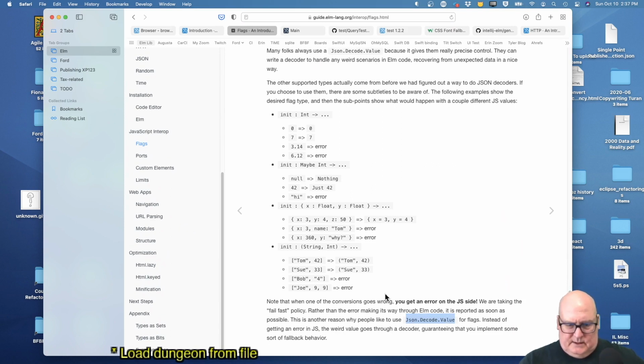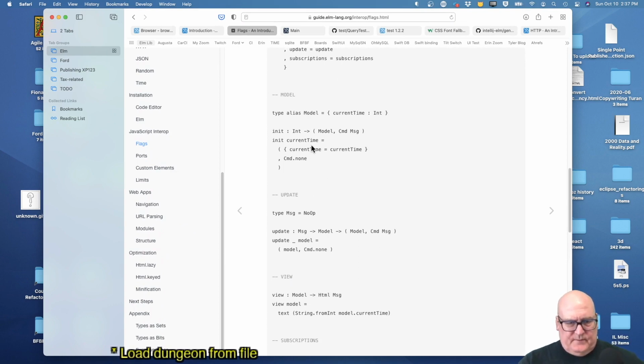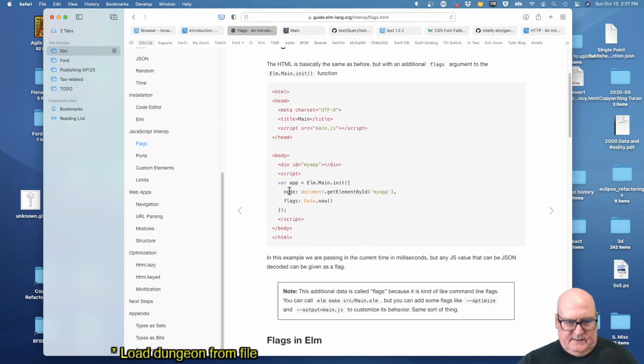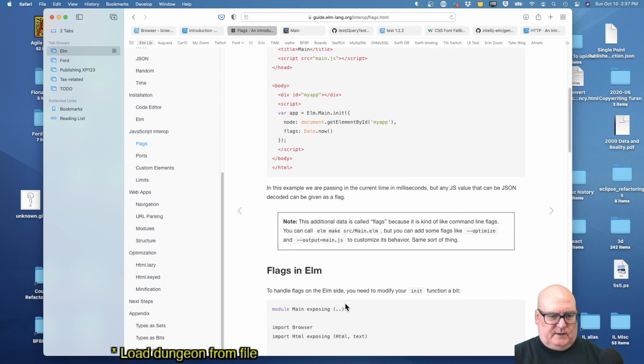I like to use JSON to decode the value. Can I do it that way? So this may be a place where my documentation in the book is a little out of date compared to the stuff there. How do they set it again? Flags colon. Okay, and if they don't do flags colon,